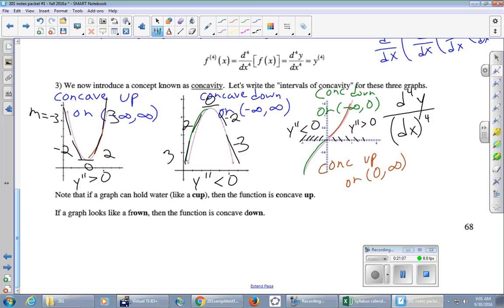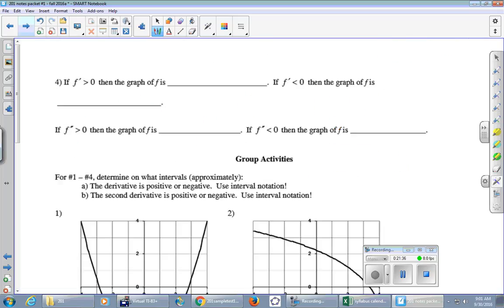Now most graphs are combinations of those two kinds of things. So you have to make sure you see that in the beginning part, this guy right here is part of what? Part of a frown. So you don't need to have the whole frown for it to be concave down. This guy is part of a cup. You don't need the whole cup for it to be concave up. Now my holding water business, the water would clearly trickle all the way, so you have to be careful. You don't need the entire cup, right? It's just bits and pieces. Okay. On the next page,